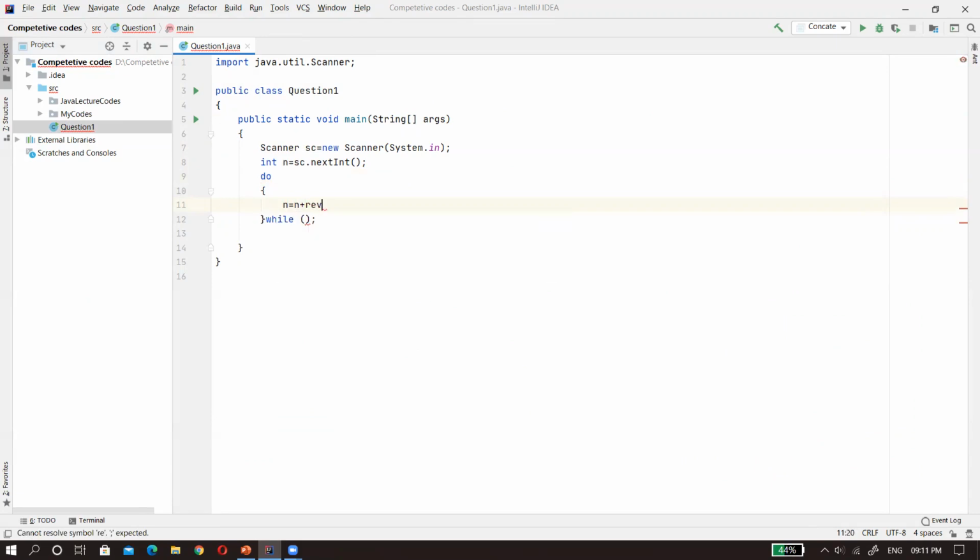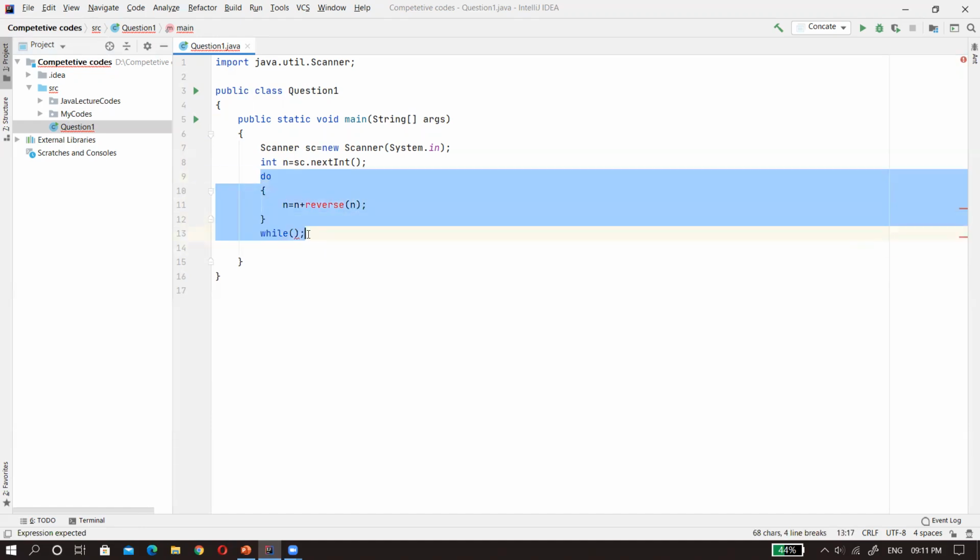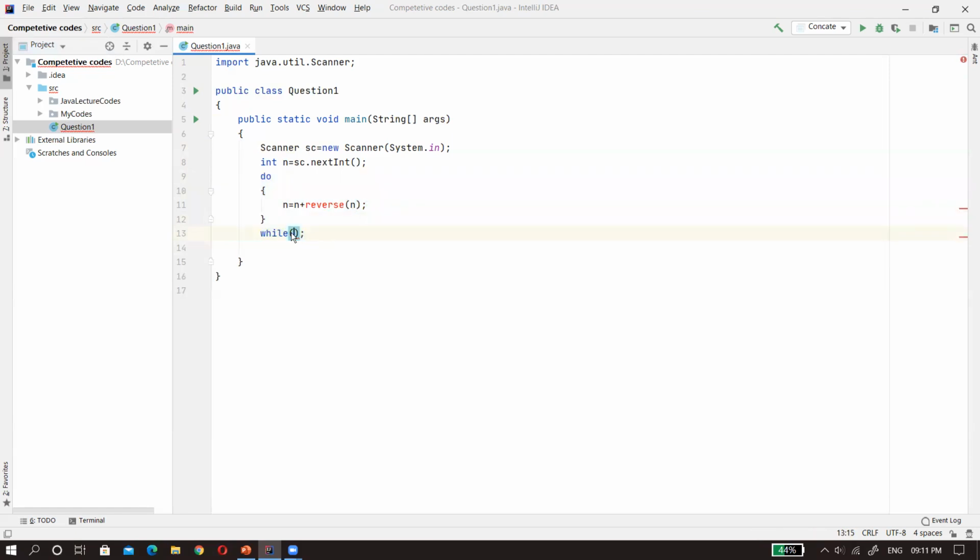So let me use the word reverse for creating the function. Later I will create the function. If this is the function, then we should pass n, and this will return what? This will return the reverse of the number. Now in the while loop, what do we have to check? We have to check if the number is palindrome or not. So this will be repeated until when? Until the number is a palindrome. So what is the condition which it will check?